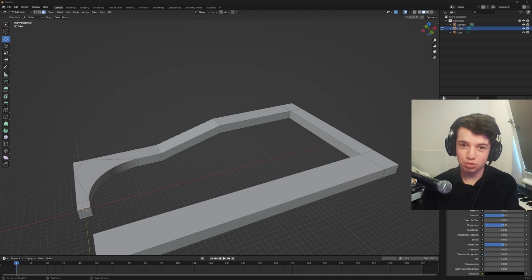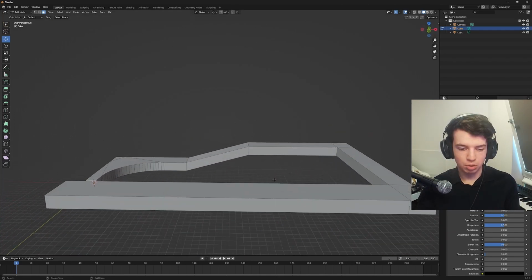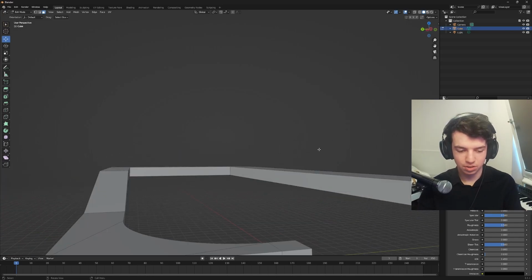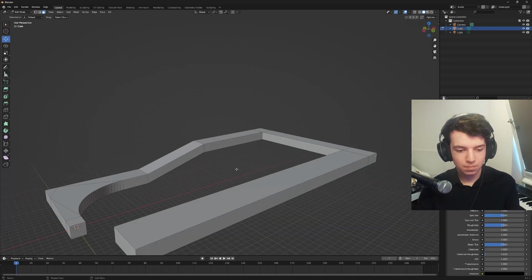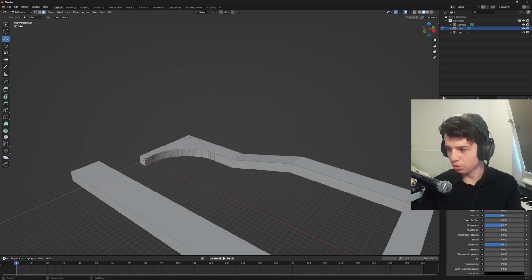This is actually fairly straightforward, depending on how complex your track is. I've created a very quick layout just with different sort of sections, so we can just see how UV unwraps interact with different kind of surfaces. Obviously, this is not a full track, but you'll be able to apply what I'm going over here onto your